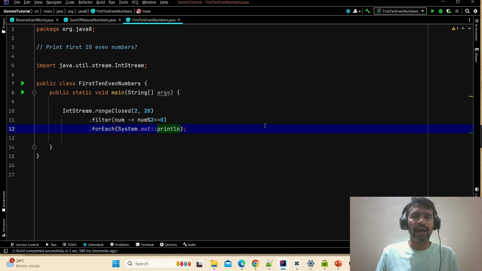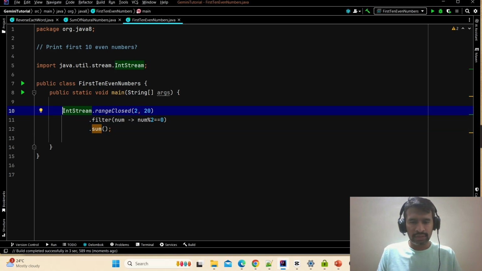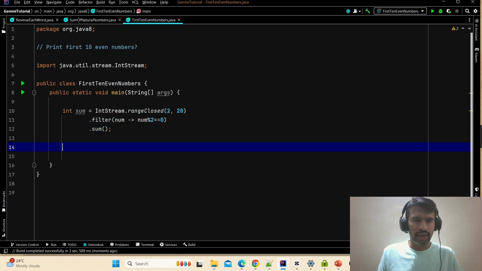So let's say if the ask was to find the sum, then it is very straightforward, which we know already because we have already solved a similar problem for the sum. I'll just say sum, and we have to store this result. So I can say it is int sum. Then I can add a sysout here, and I'll just say sum of